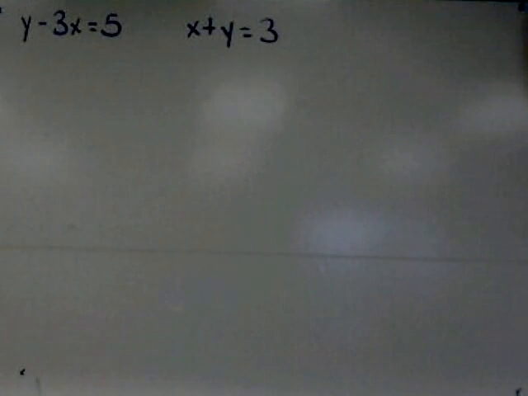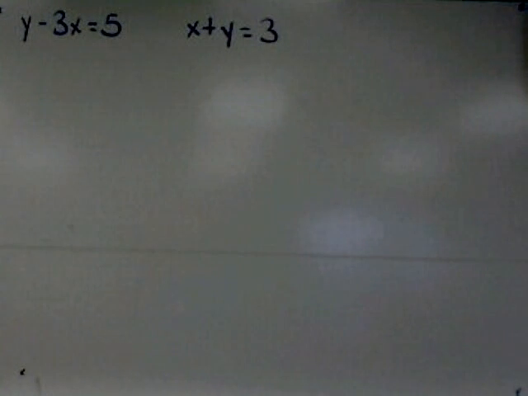As you can see in this problem, I've written our system of equations slightly differently. I've written our system of equations horizontally because neither of the equations reads that x equals something or that y should equal something, which is a change I'm going to have to make before I start, which is why I've written them horizontally. As you can see, the system of equations reads y minus 3x equals 5 and x plus